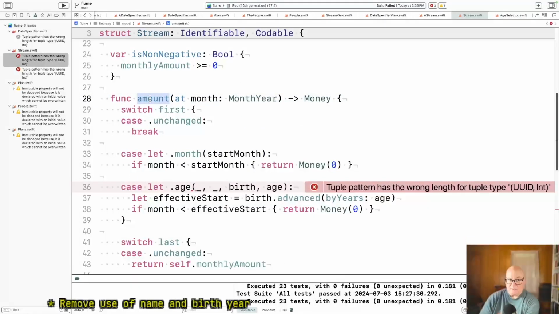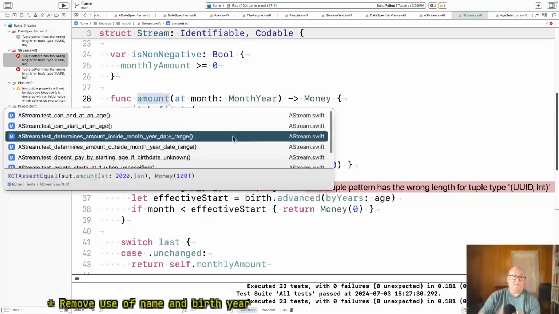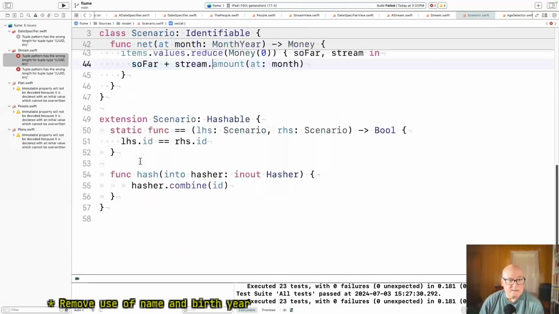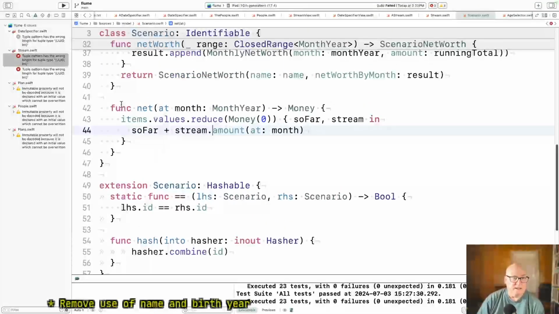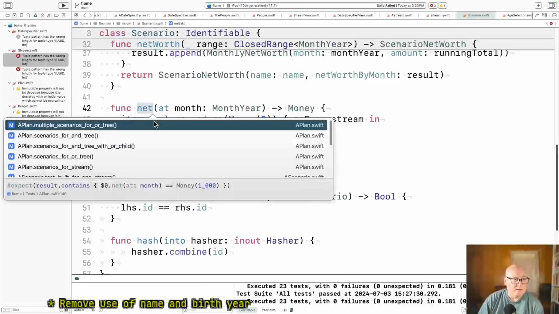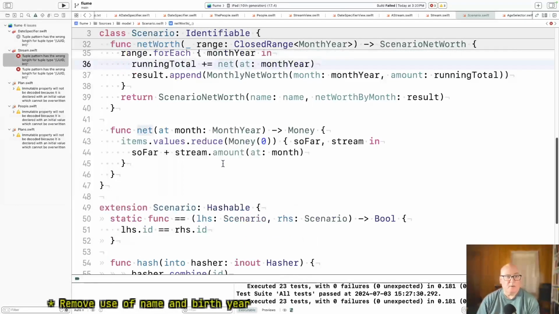Let's go look at the callers. A lot of tests and this. Okay, so net at month, year, that comes from the top, I think. Yeah, scenario.net worth.